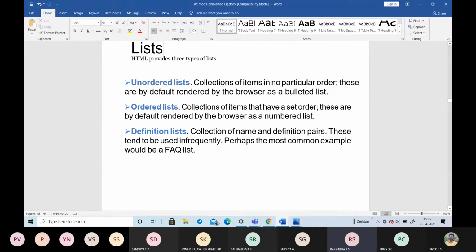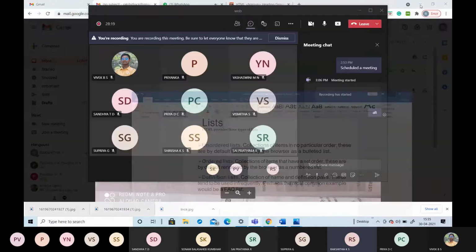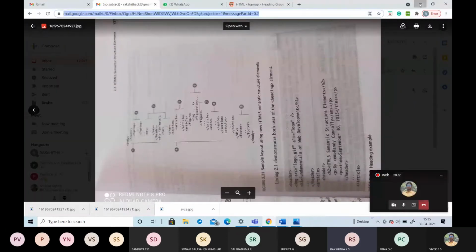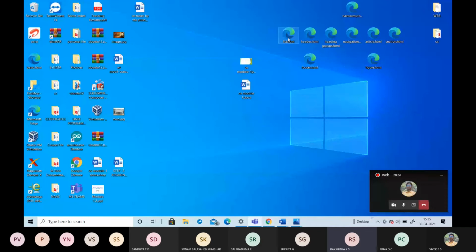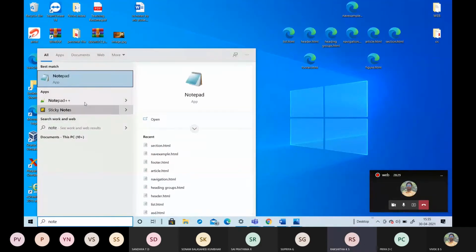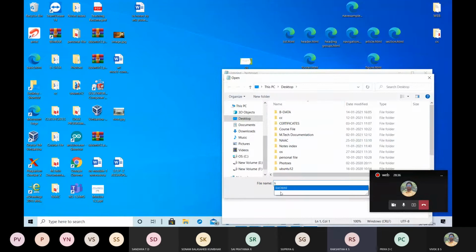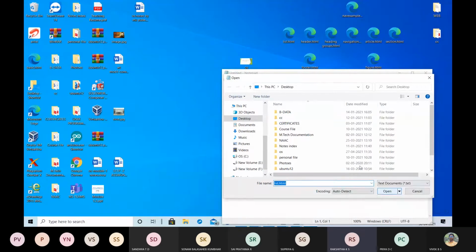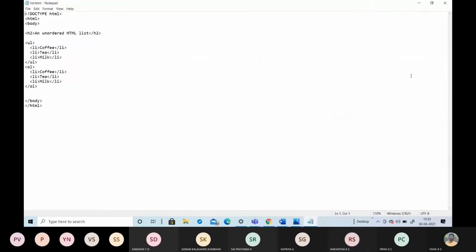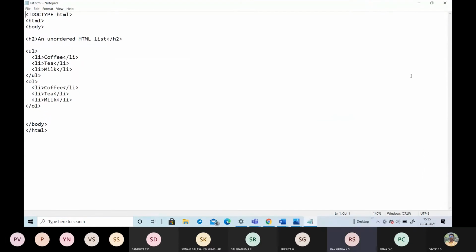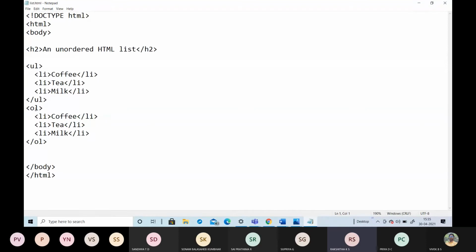I will show you one program, list.html. This is the example for the ordered list, and this is the example for the unordered list.